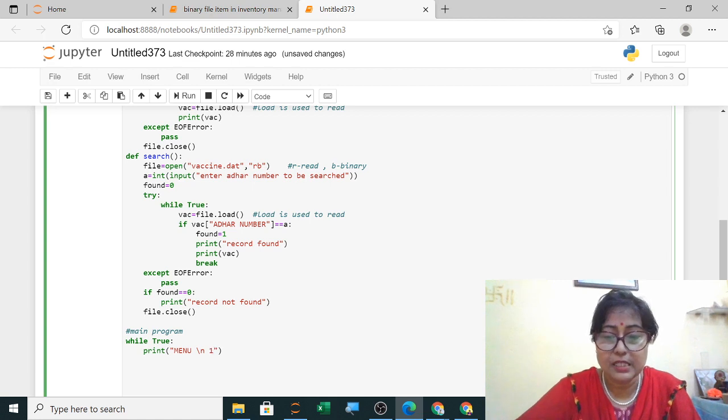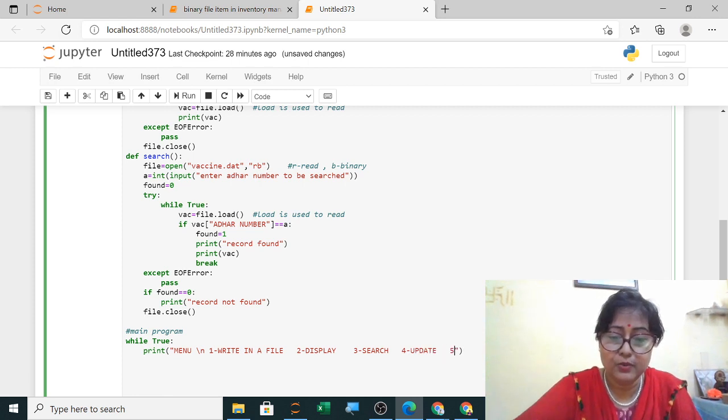The first menu option is to write in a file. The second menu option is to display the contents of a file. The third is to search. The fourth is to update.